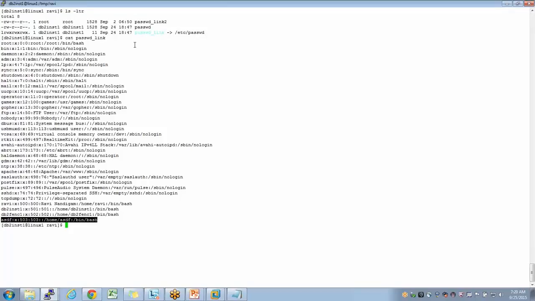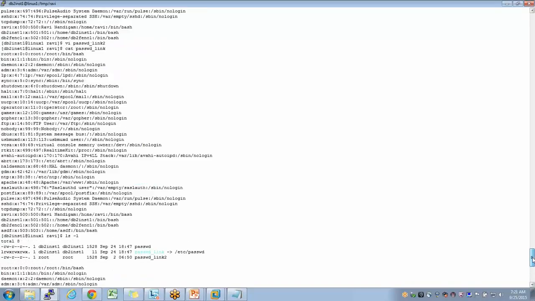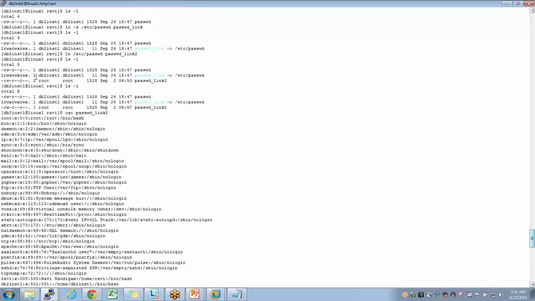But when I do password_link2, why did it change to 1 here? Wait a minute, I'm missing something. I saw 2 here, which means 2 places where I can see this file, and now it has been invalidated.